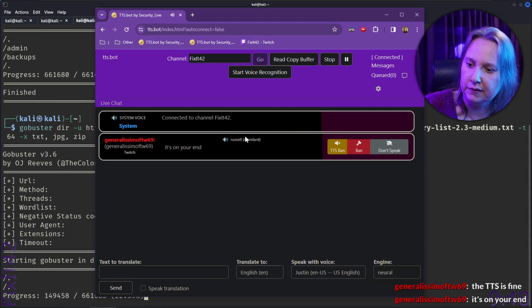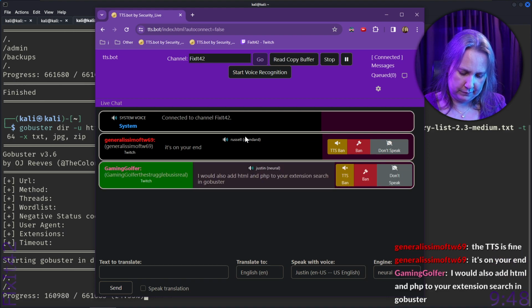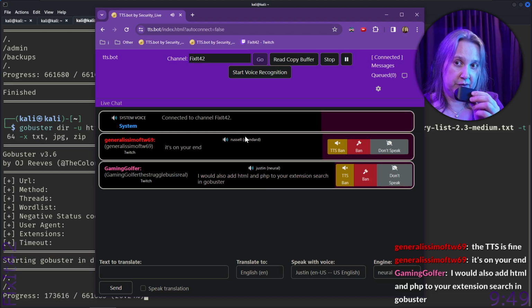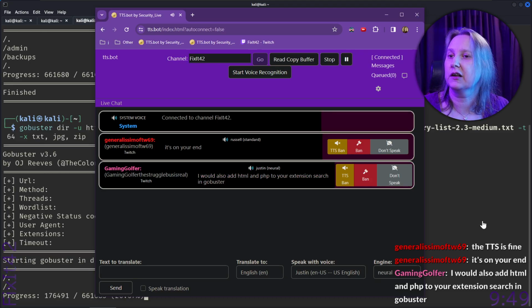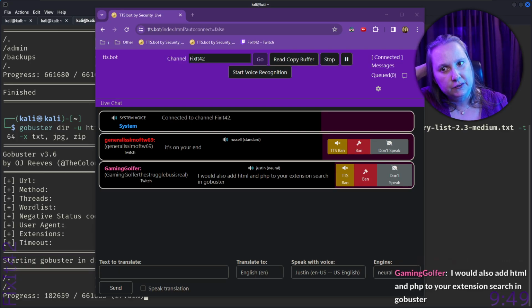Let's say bye to this one. And I noticed the other one was not actually charging. Gaming bot for the struggle bus is real says, I would also add HTML and PHP to your extension search in Gobuster. Now these should be disconnected. They should not be connected to the computer. But they're still here.